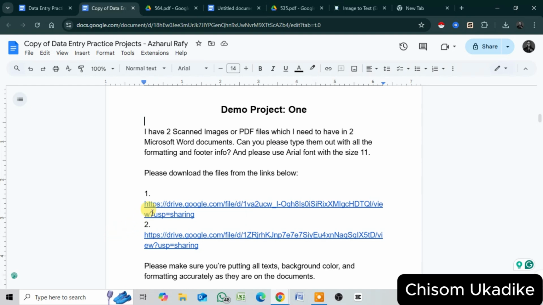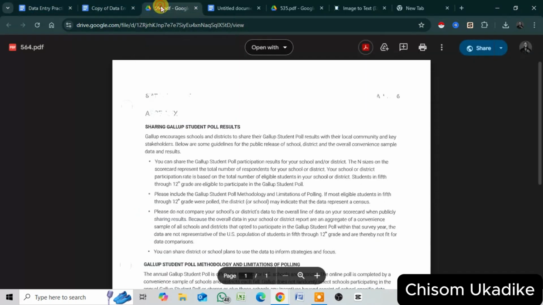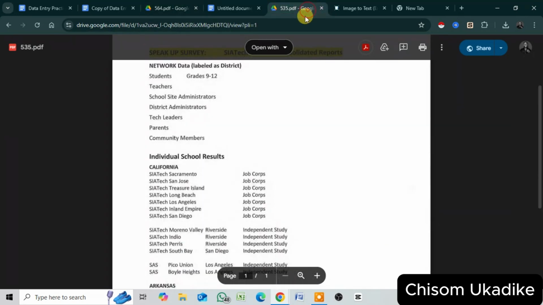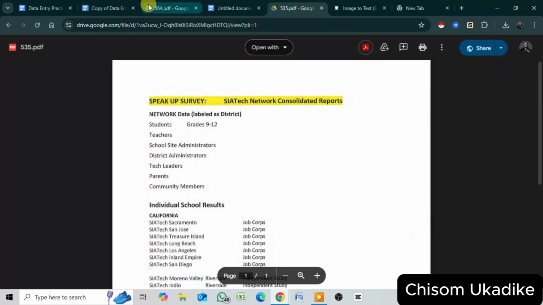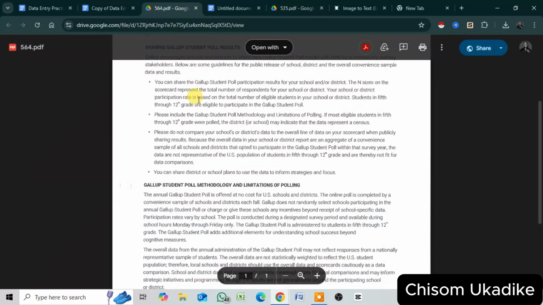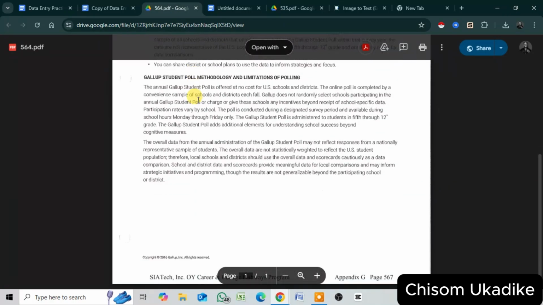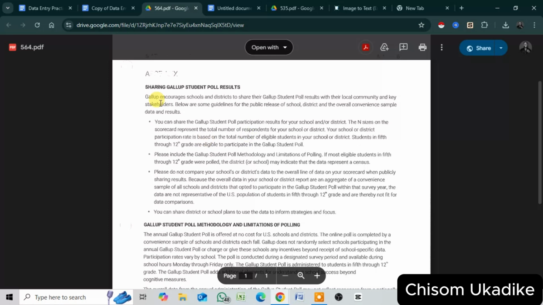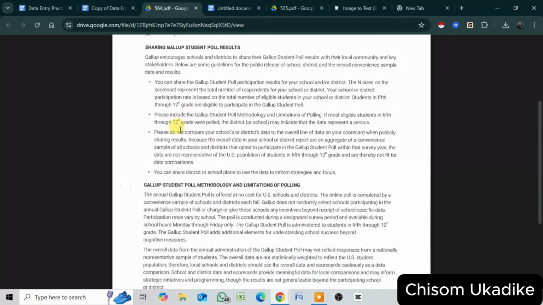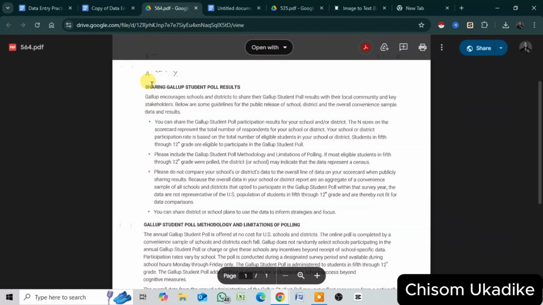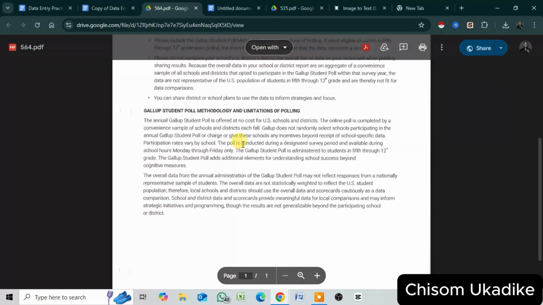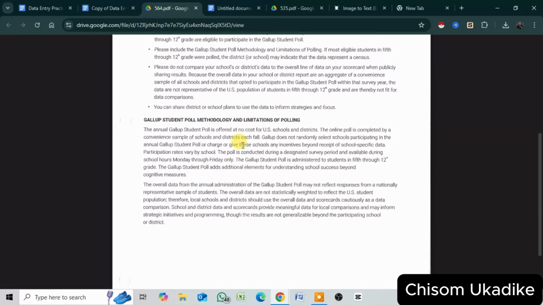These are the documents that we are going to be downloading, which I have already downloaded, and this is one, and this is the other one. These are what we are going to be typing out. These are the footers he talked about. And don't worry if you are not a fast typer. If you can't type fast, I have a trick on how you can get this text out in order for you to get the job done